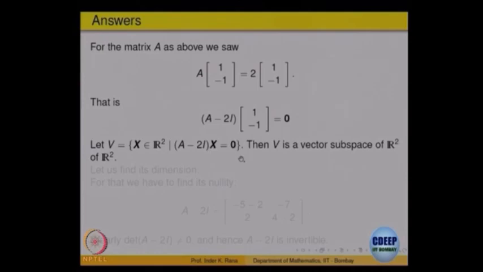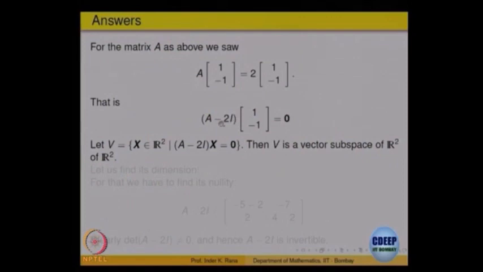So, what could be the possible dimensions of this subspace? Already there is a non-zero vector, so it cannot be 0, it has to be at least 1. It could be equal to the whole R2. Whether it is equal to that or not, we want to know. So, what is the dimension of that? It means I am looking at the nullity of this linear transformation. In the earlier language, A minus 2I is a matrix, and I am looking at the dimension of its null space. I already have one non-zero vector, so it has to be at least 1. The question is whether it is more than 1 or not.